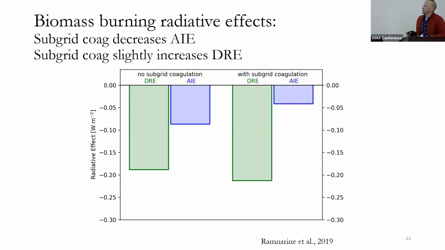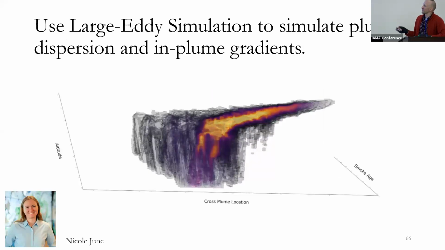And so the last thing I want to end with on this is just thinking about the plumes themselves, like treating a plume as a homogeneous mixture is maybe not the best thing. And so what Nicole's been doing lately is she's doing large eddy simulation of smoke physics and chemistry. And so this is going to animate in a moment, but the fire is here. And then there's an injection based on observations that some of it makes it into the lower free troposphere and some of it injects into the boundary layer. And what's in the boundary layer that's turbulent mixes and spreads out, and what gets injected into the free troposphere, it's quite stable and it maintains high concentration.